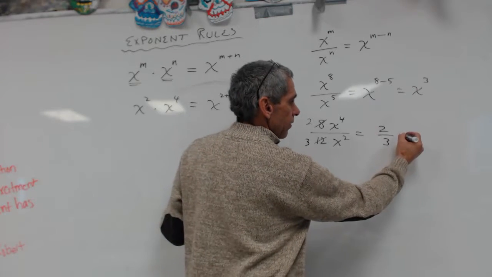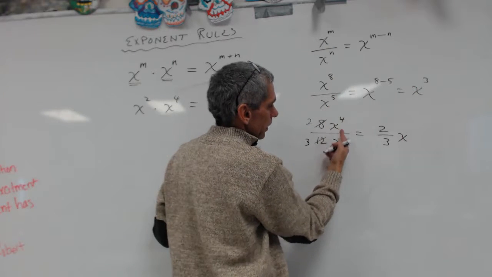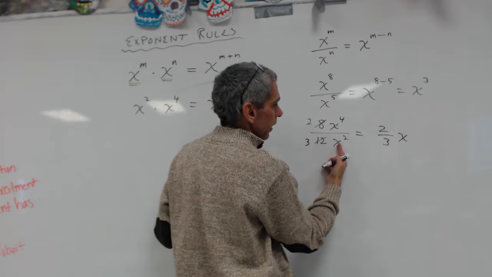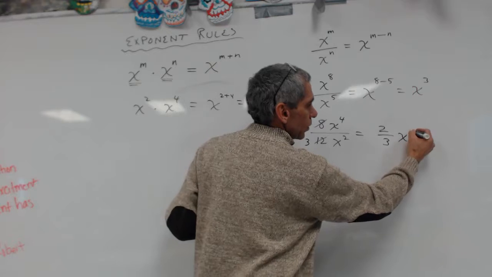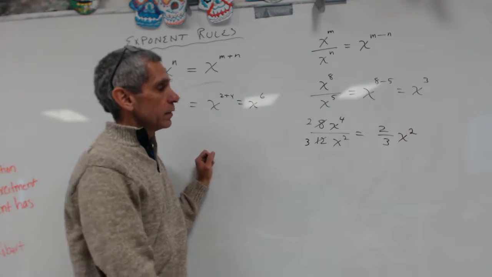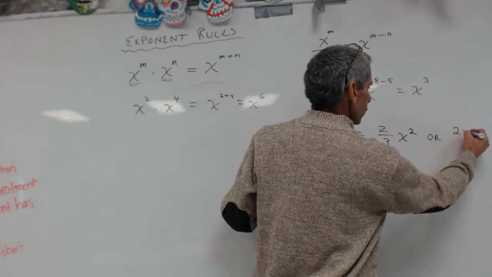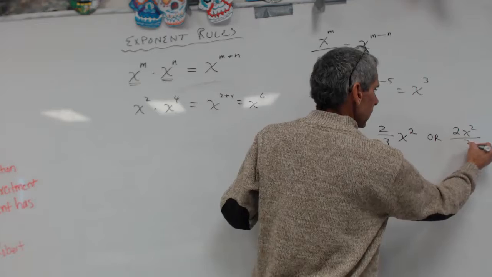And then I have my rule. I've got an exponent, and I'm dividing them, so I'm going to subtract: x to the 4 minus 2, or 2/3 x squared. Can you put x on the top? You could also put the x squared on top, so you could say 2x squared over 3, which is actually